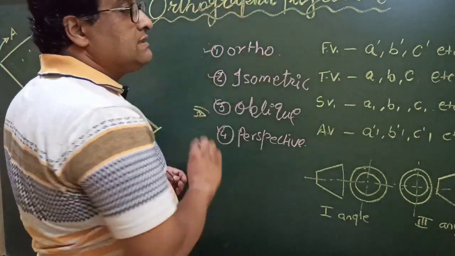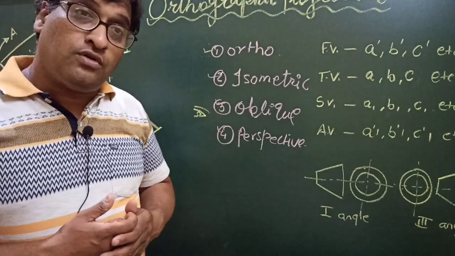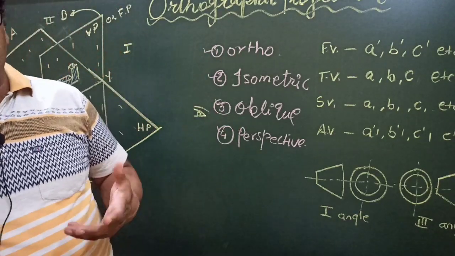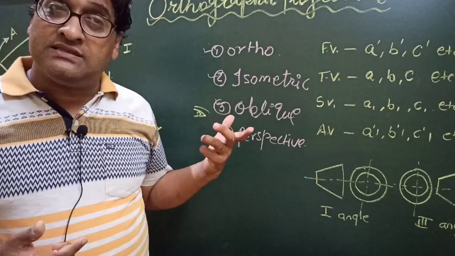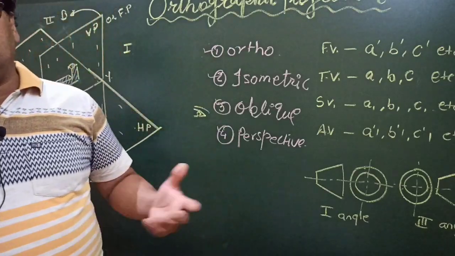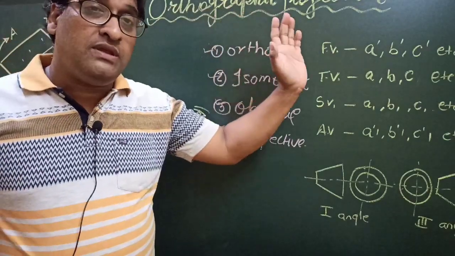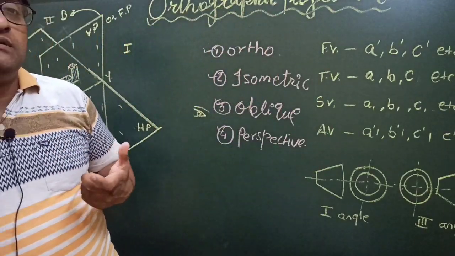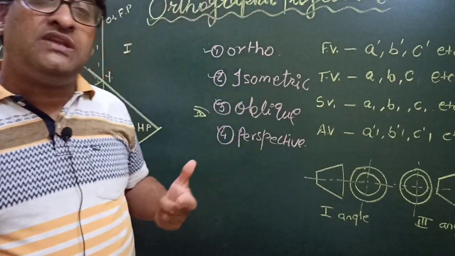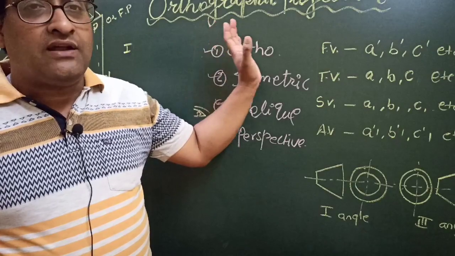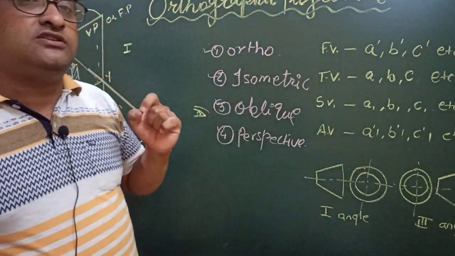Ortho means straight, as you might have gone through orthodontics, orthopedic and so on. So orthodontic is the science of straightening the teeth, orthopedic the science of straightening the bones, etc. Similarly, ortho and graphic means to represent something with visual graphs or visual pictures, mainly with the help of graphical forms. So ortho plus graphic means straight drawing.